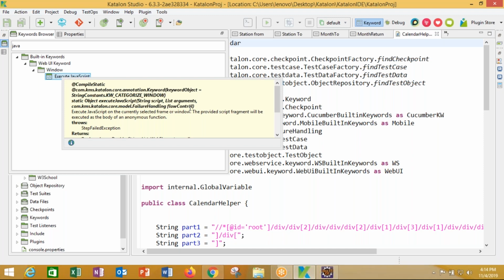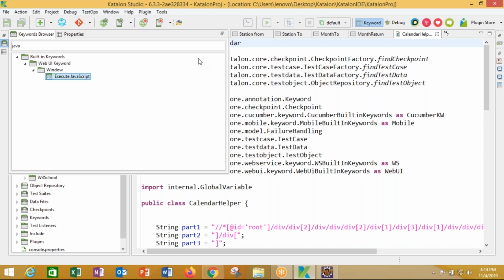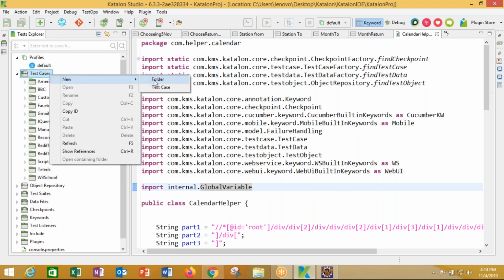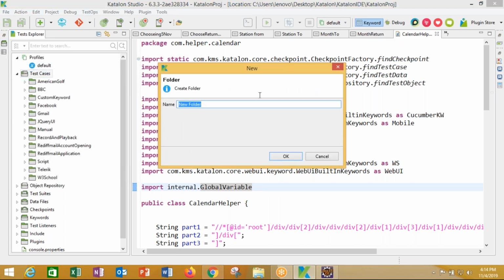And when I use this, I have to use the script, a list of arguments, etc. Okay, fine. I'll do with this only, execute JavaScript. Okay, let's basically use and call this folder as Rediff mail JavaScript